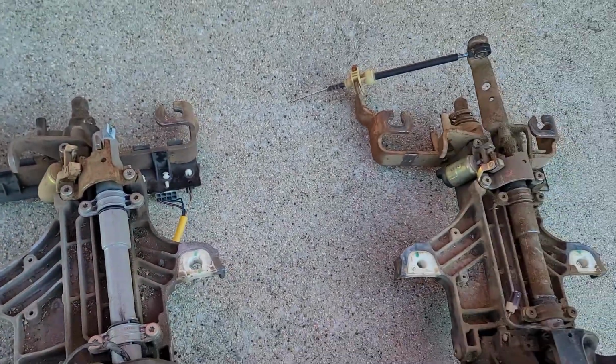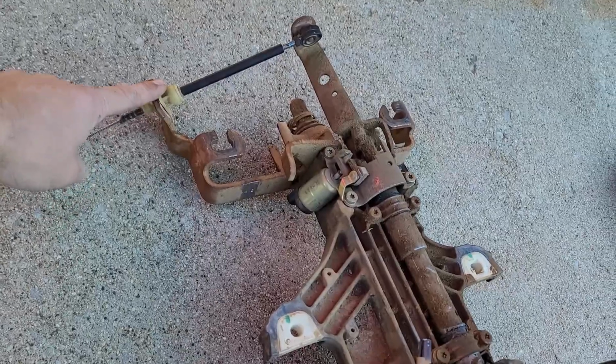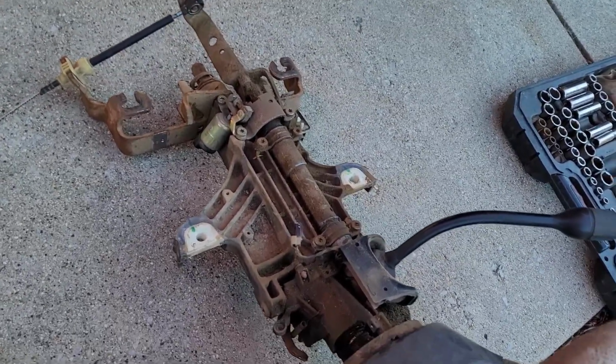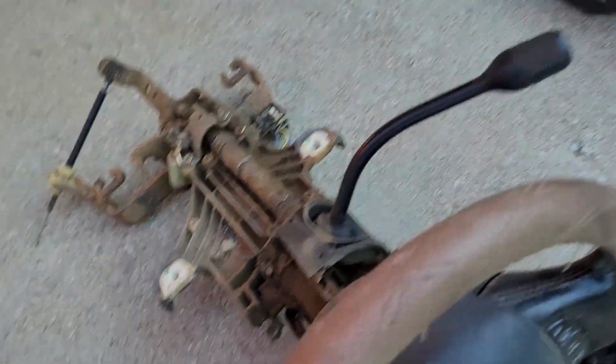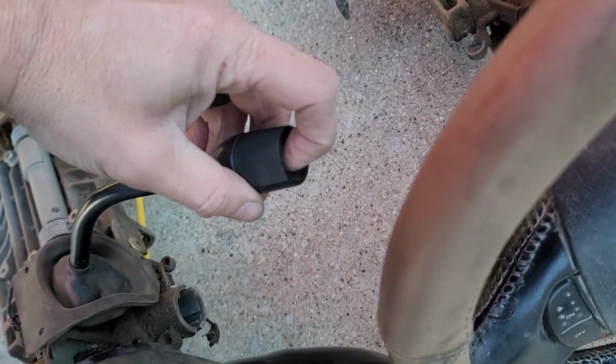This was switched out for this one. I flip-flopped those. Now I'm just going to take this off, and I believe we can go ahead and put the columns back in then. This one had a better overdrive button. This one is there, but it's broken. Sure, it still worked, but